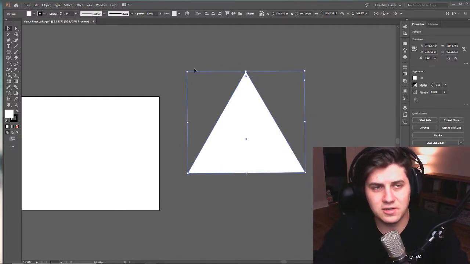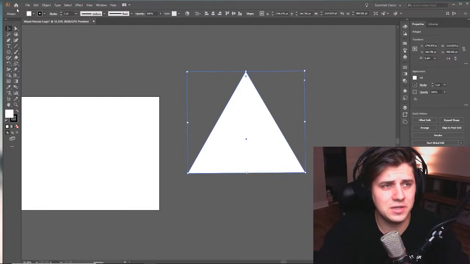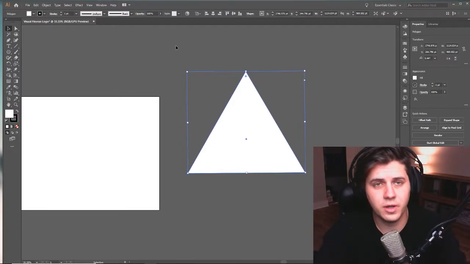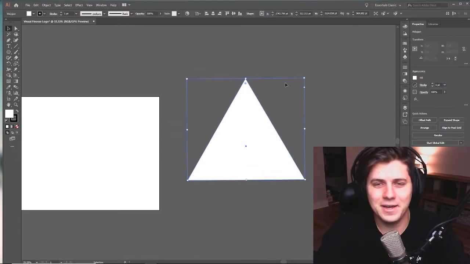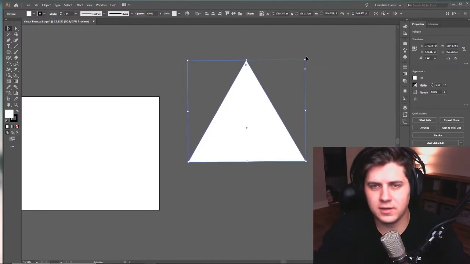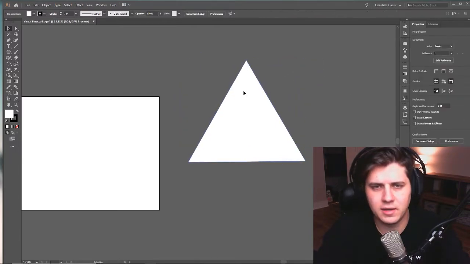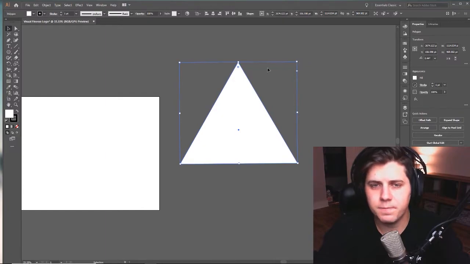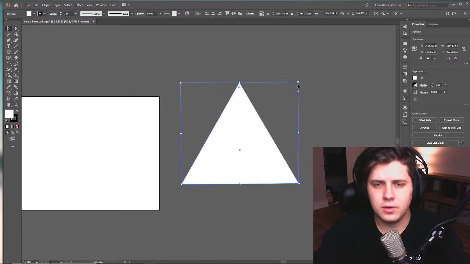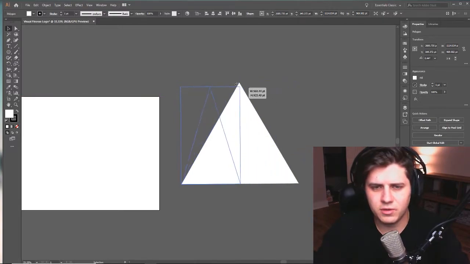Hit Command Z if you're new to Adobe, Command Z, or Control Z for Windows, which is what I'm on, which is what I used, is a way to come back. So to undo things. So if I accidentally twisted this, I can hit Command Z, boom, I'm back, right? But if I grab this by the corner, right,